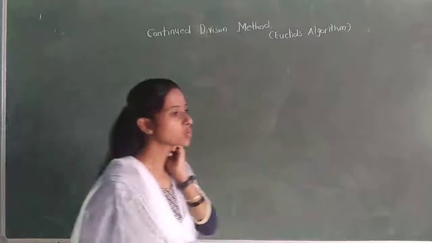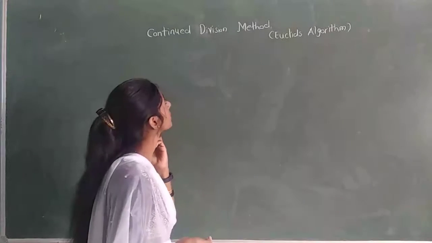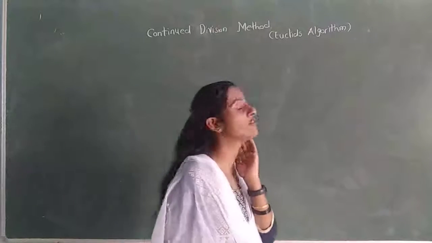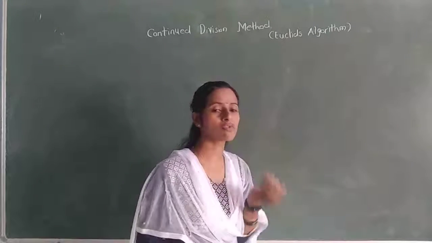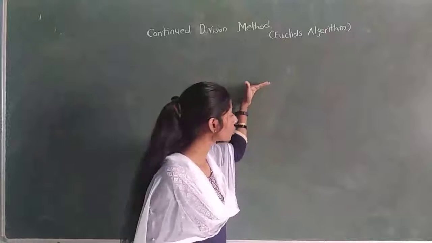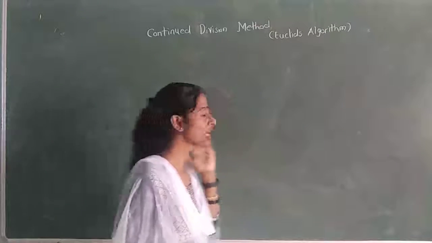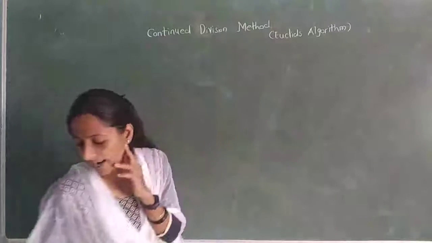This method is called Euclid's algorithm. So how do we solve it? This method is called the continuous division method. First we see an example and how to solve it stepwise. The first example is to find the HCF